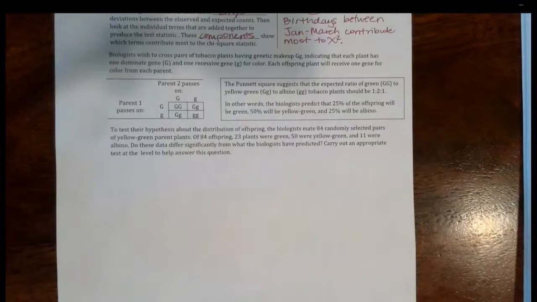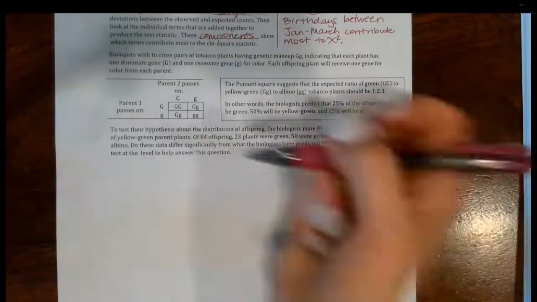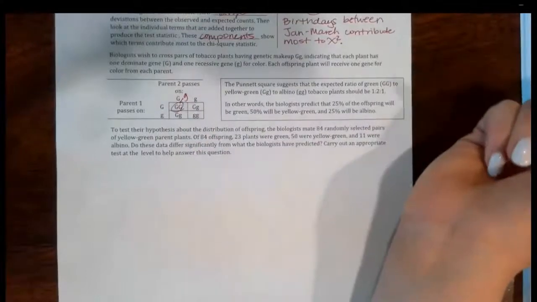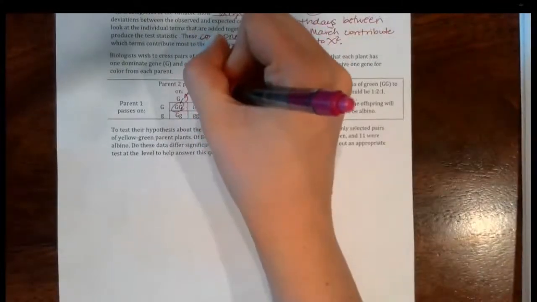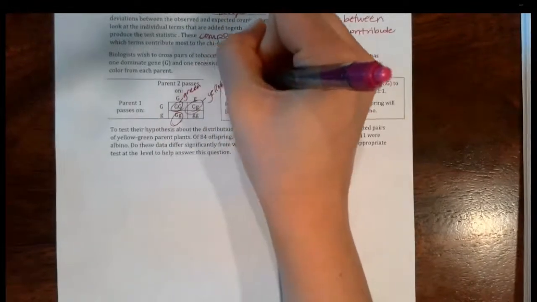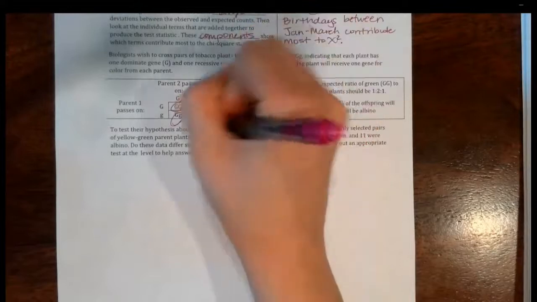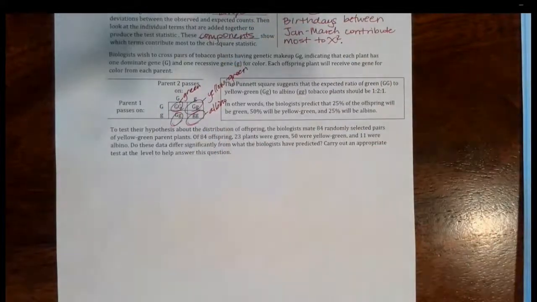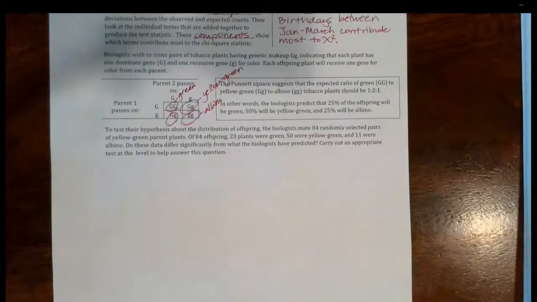So the Punnett square suggests that the expected ratio of GG (green) to Gg (yellow-green) to gg (albino) tobacco plants should be 1:2:1. And so this would give us green. Both of these give us yellow-green. And this one here gives us albinos. So in other words, biologists predict that 25% of the offspring will be green, 50% will be yellow-green, and 25%